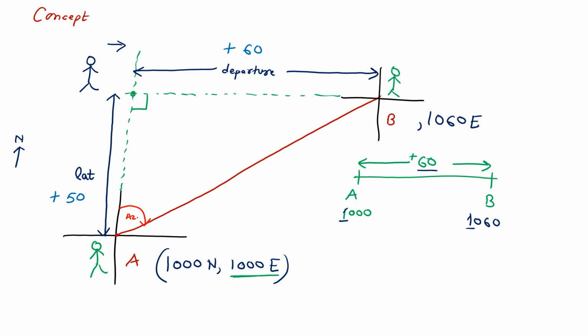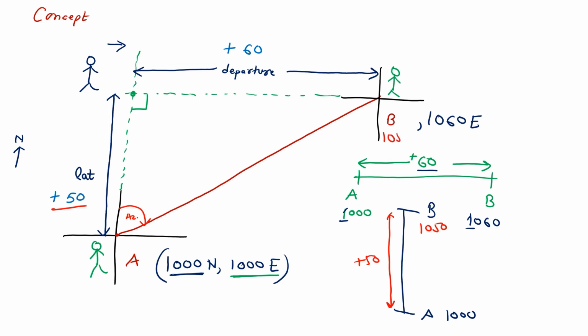Okay, so let's try to find the northern coordinate. So draw this vertical line, so A and B. So this A is at 1000, right? It's at 1000, and this vertical separation is 50, plus 50. So what is the northing of point B? So it is 1000 plus 50, 1050, right? So the northern coordinate would be 1050 north. So hence the coordinate of B would be 1050 north